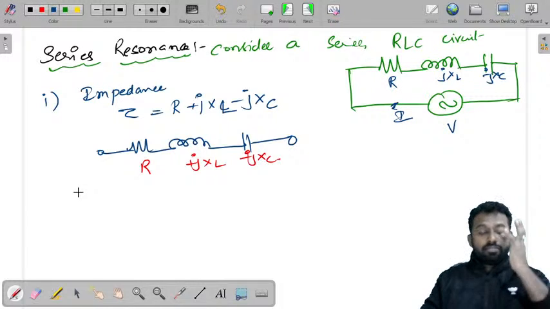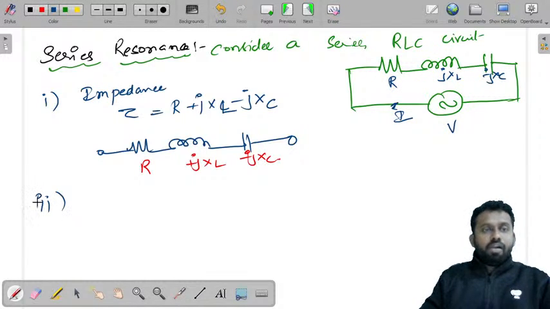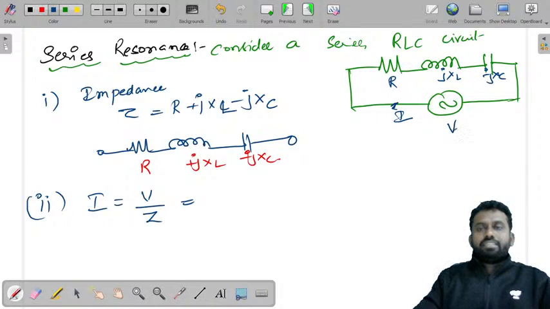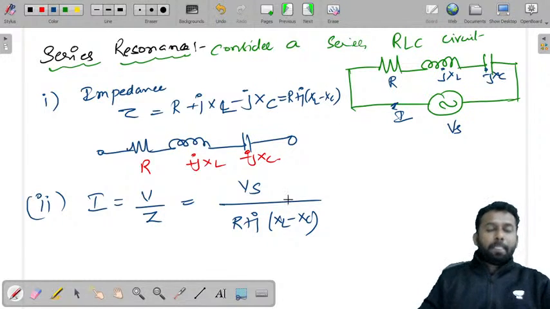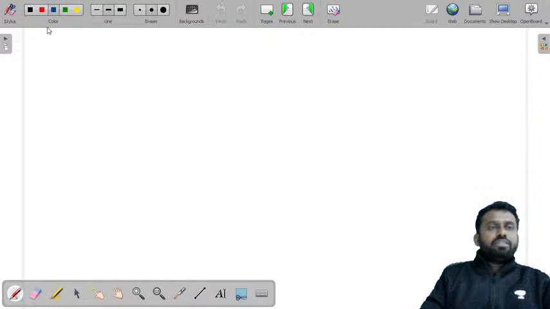Now let's write what is the current. I is equal to V by Z. Let's say this is Vs. So Vs by Z, which is R plus j XL minus XC. You can also write this as R plus j into XL minus XC. Now coming to the third one,